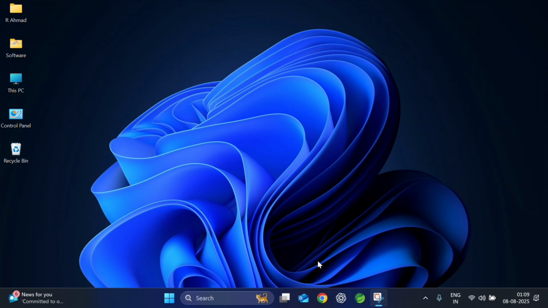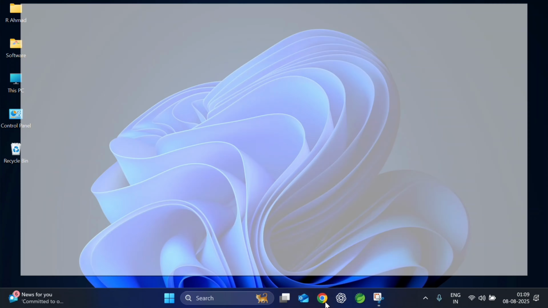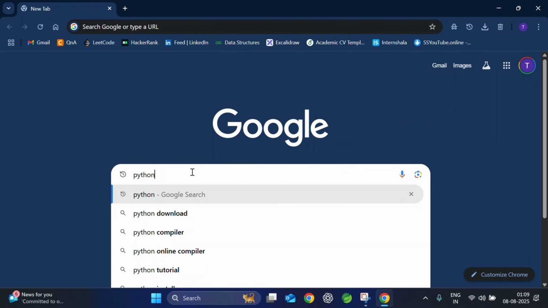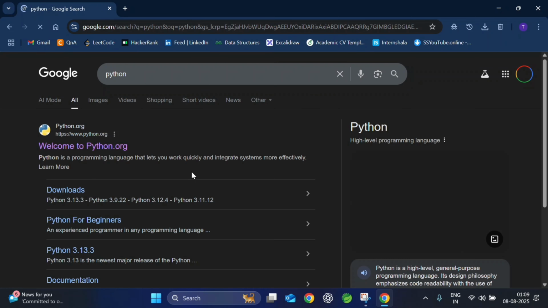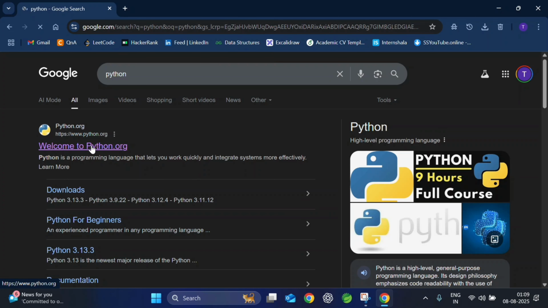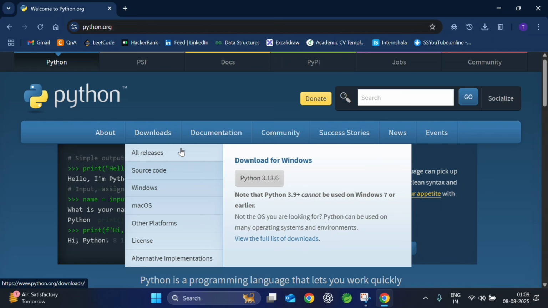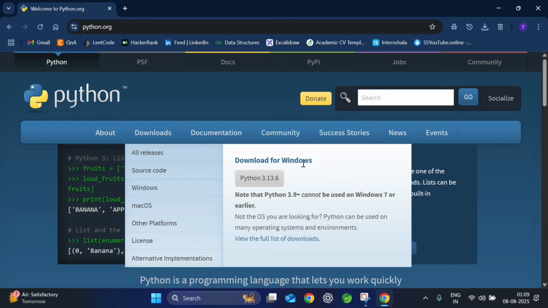First, open any browser on your system. I am using Google Chrome, and write here Python and press enter. You can see python.org. This is the official website of Python. Click on it. Now you can see downloads, and here you can see download for Windows Python 3.13.6. So click on it,